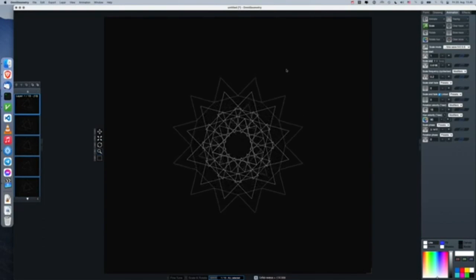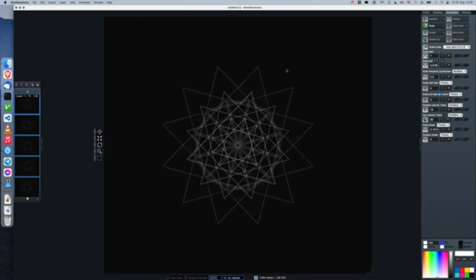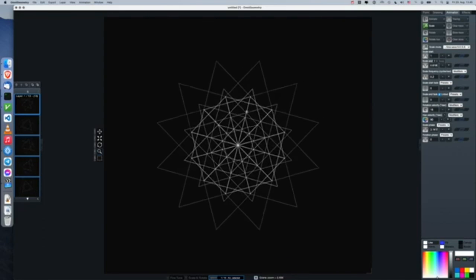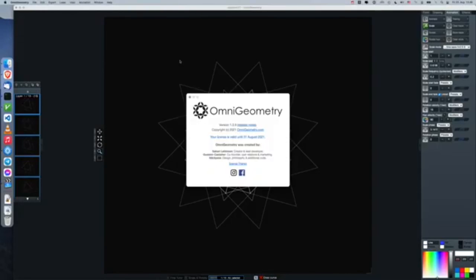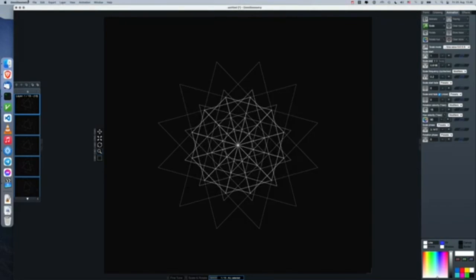So we're pretty happy about this release, and we've been putting a lot of work into making sure every bug that we know of is fixed, and that everything is working as intended. So hopefully there are no bugs in this release anymore, and I hope you enjoy using OmniGeometry